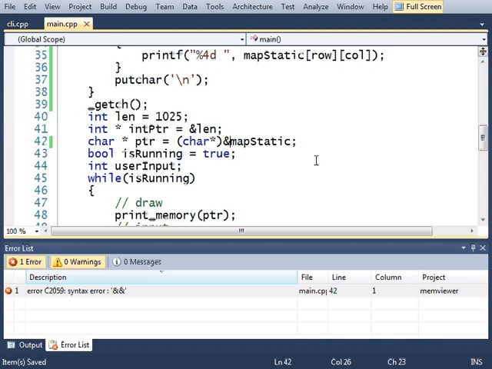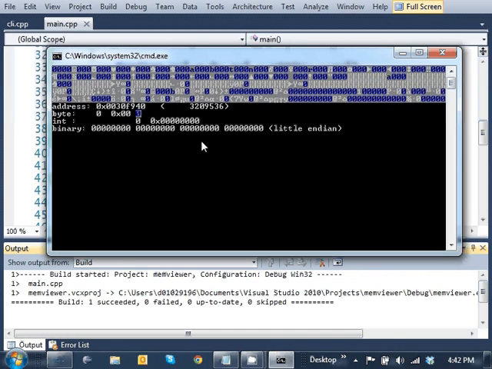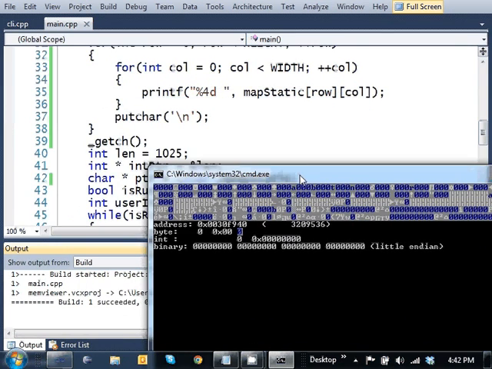That does work. Interesting. So the reason I'm confused about this is because map static is a constant address. Typecasting it as a char just means that I'm taking that constant address and treating it as though it were a character array rather than whatever type that it thinks it is, which is, in this case, a static integer two-dimensional array. This should actually cause a problem because this would be grabbing the address of a constant, which shouldn't really, I mean, if it were possible, then it would give me the address of some integer someplace or of some other value, and then I would be looking at the address of that integer rather than